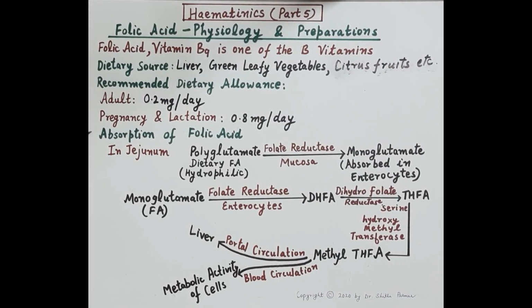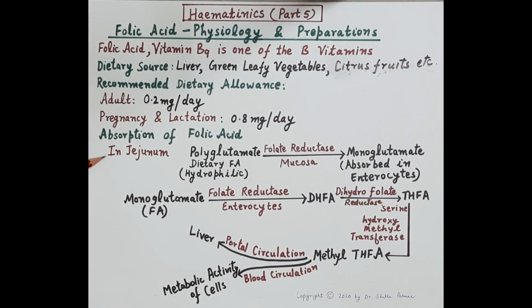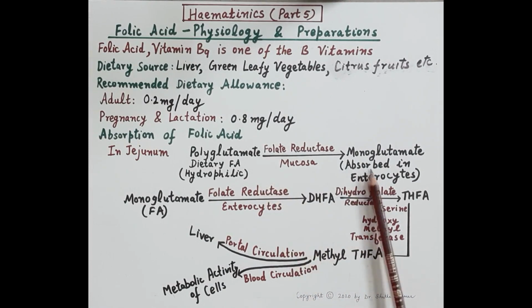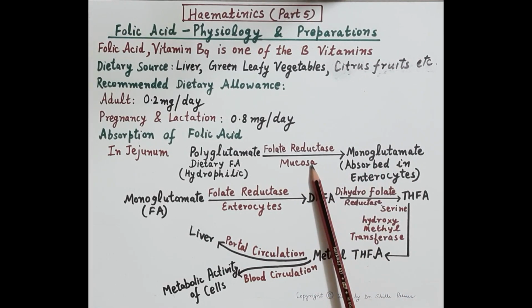Now let's talk about the absorption of folic acid. Folic acid is absorbed in the jejunum, that is the second part of the small intestine. In food, folic acid is present in the polyglutamic form, that is attached to chains of glutamic acid. This polyglutamate dietary folic acid is water soluble and thus it is non-absorbable. It is converted into monoglutamate form by the enzyme folate reductase, which is present in